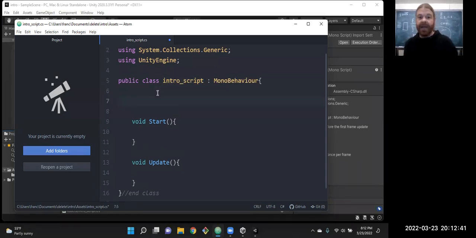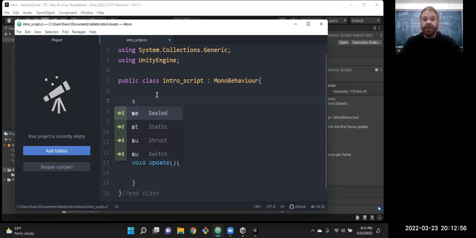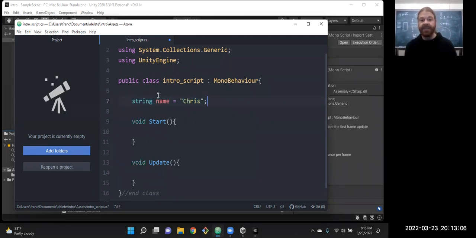So first thing we need is some data to work with. So that's what we're going to do for the discussion board, is you'll set up some data points about yourself, and it's strictly typed. So we'll need like string type data. I'll call it name and give it my name. End of instruction. We do have to have that end of instruction everywhere.